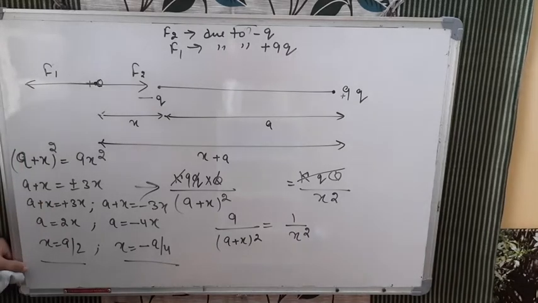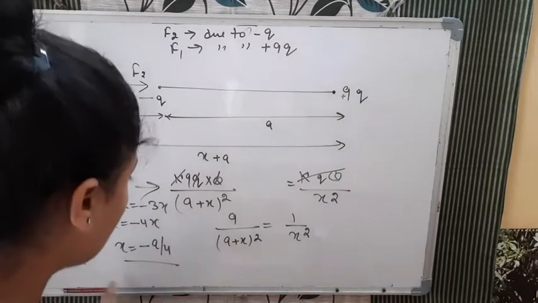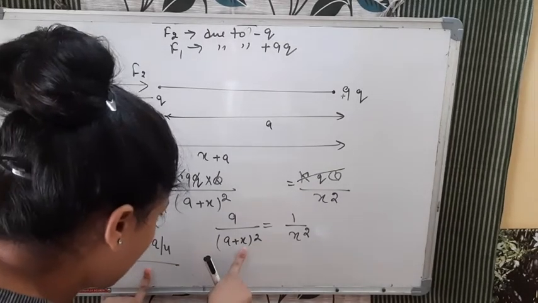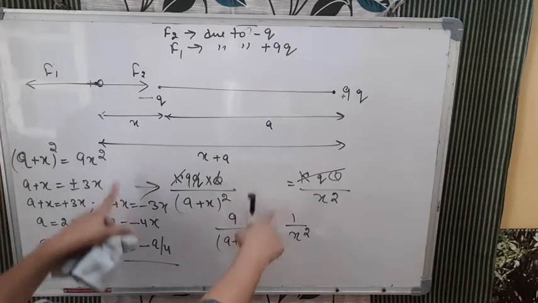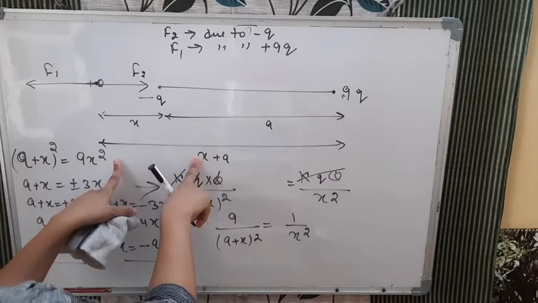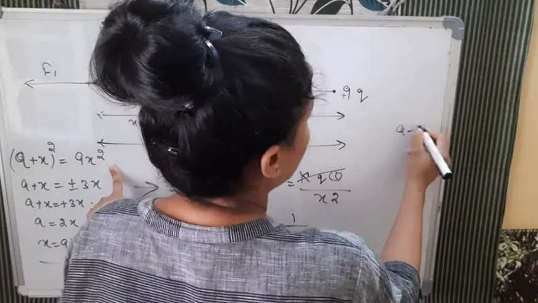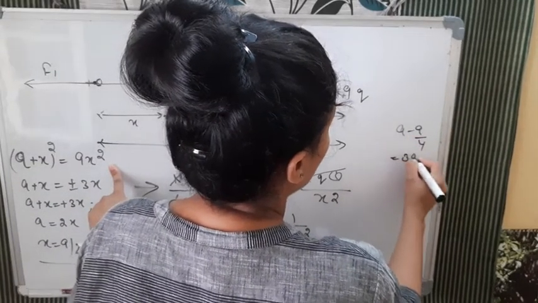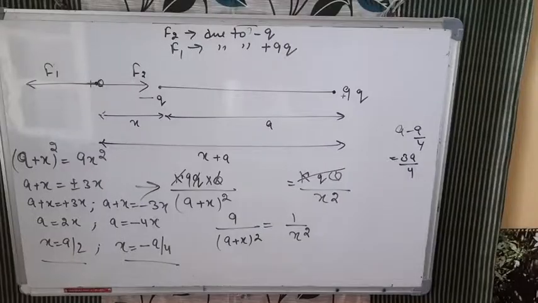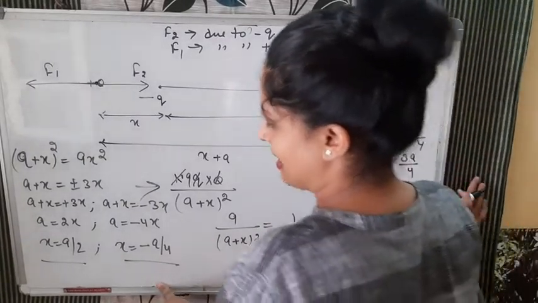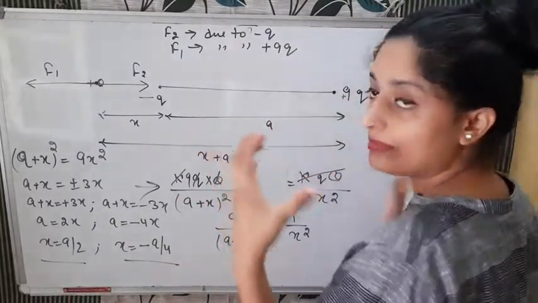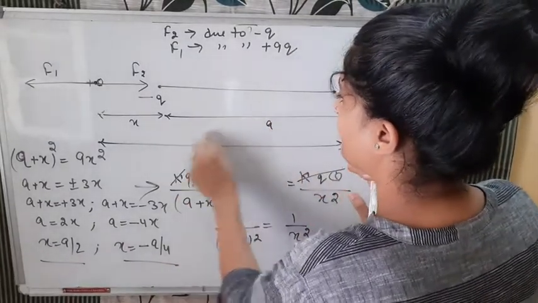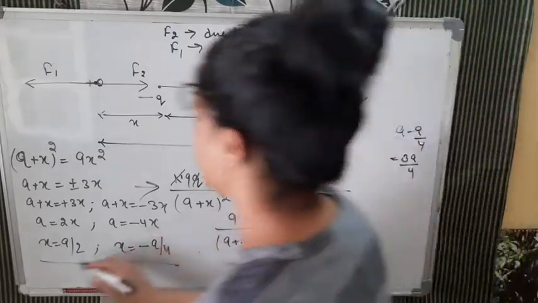See, now x is equal to minus a by 4. If you are putting here x is equal to minus a by 4, so this was the value of minus a by 4. अगर हम इसको put करते हैं, so a plus minus a by 4, it will be 3a by 4. There are two values, x is equal to a by 2 and x is equal to minus a by 4. But if you take x is equal to a by 2, it suggests that the charge is somewhere here in between. So this part is not possible.